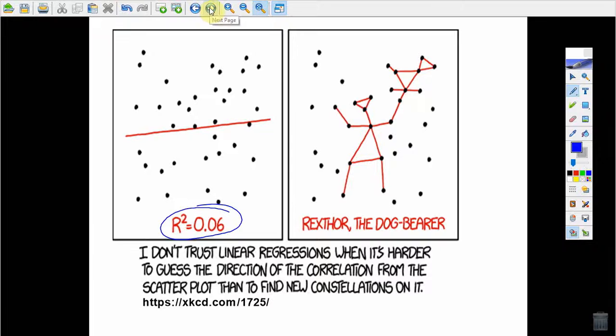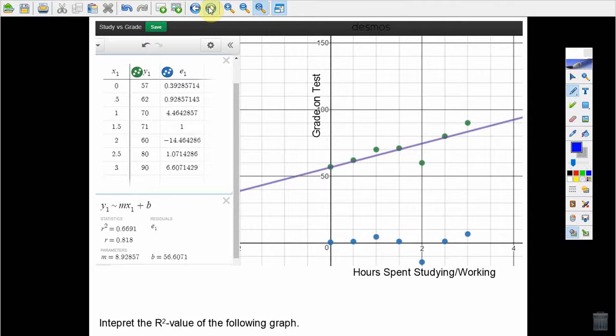All right, so back to our table of studying hours versus grade on that test we've done in the last 2 math note videos. I want you to interpret the R squared value of the following graph. So we have the R and the R squared. Interpret the R squared value. You know what? I'm going to say and the R value. So tell me what that R of 0.818 means and what the R squared of 0.669